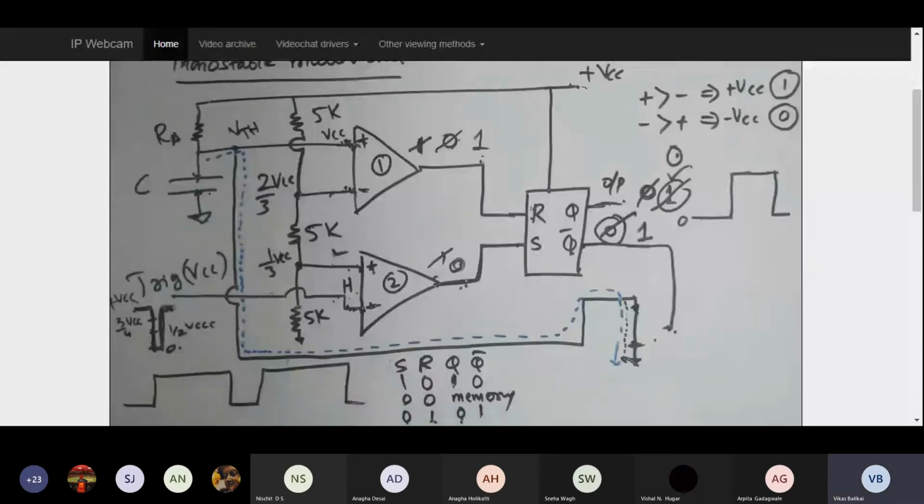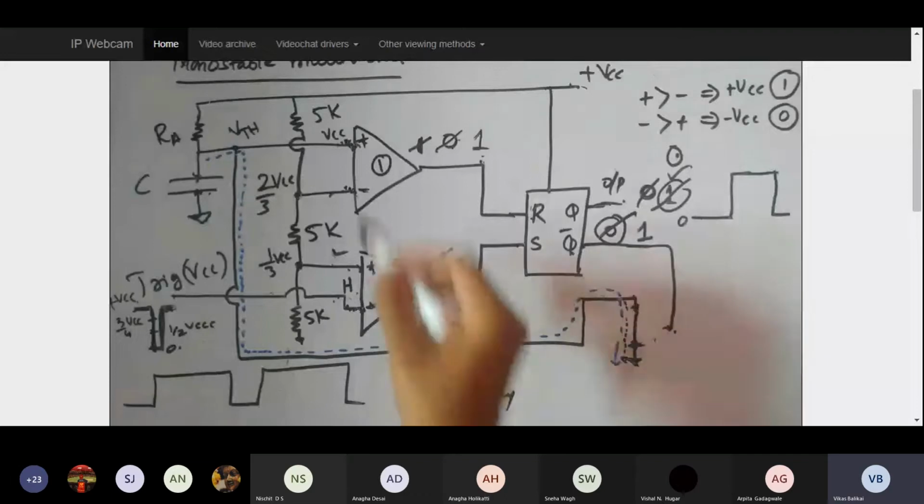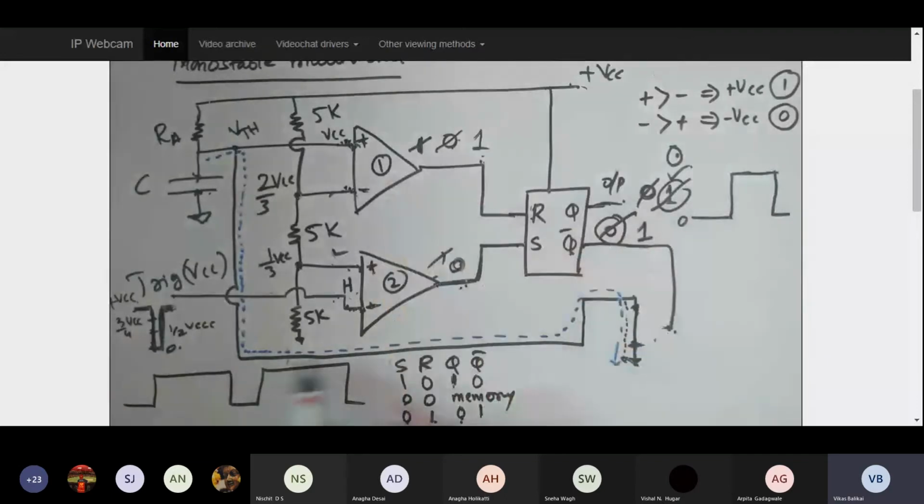So this will be the outcome for a small trigger, whatever I am going to give. Why do we call it a monostable? Because it will be stable for only one particular state of my trigger, and the rest of the time it will not be stable. It will be held at the lowest potential. Other than that, whenever my trigger pulse is high, the comparison happens over here and my pulses will be generated. Now the duration of these pulses can be controlled by varying this R and C. So this is what is going to happen when I talk about monostable multivibrators.